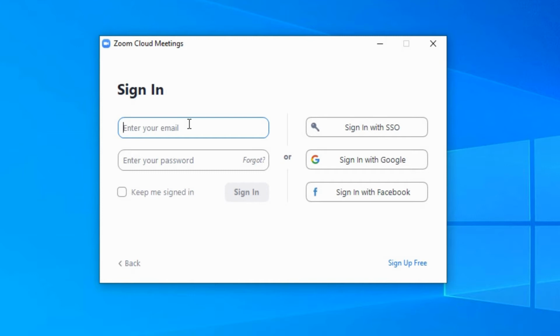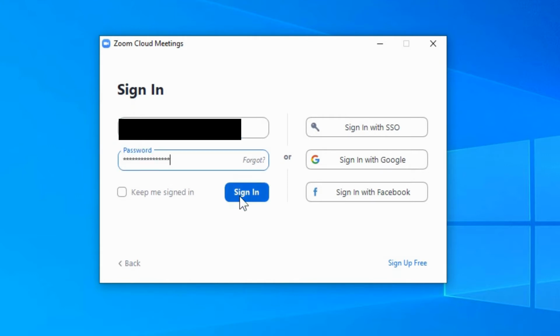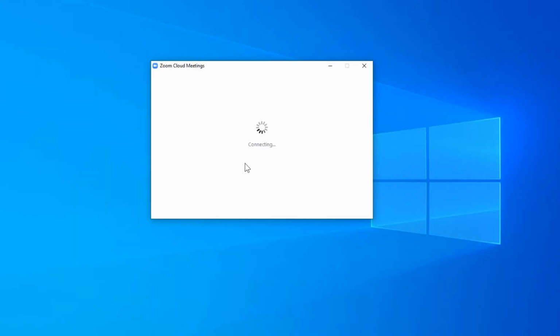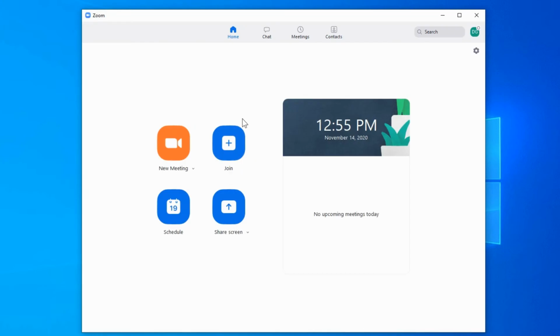So from this point now, I'm going to open it up, start a meeting, and host it with my second computer. So I'm just going to sign in. And from here, this is what you would be used to if you're going to be creating a meeting or you're joining a meeting, and you can paste in the link.